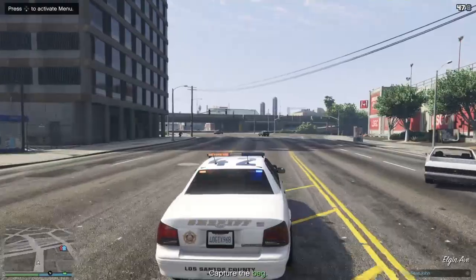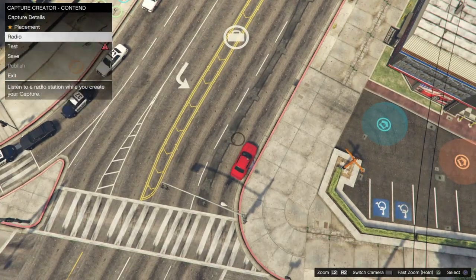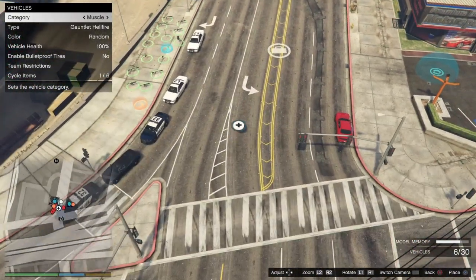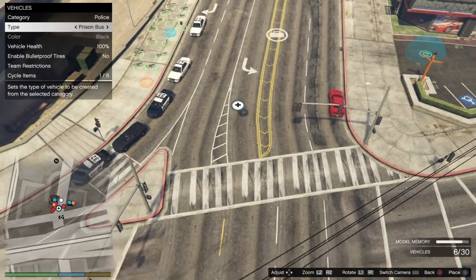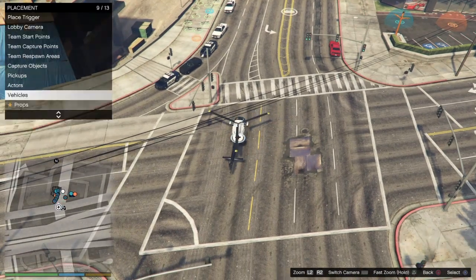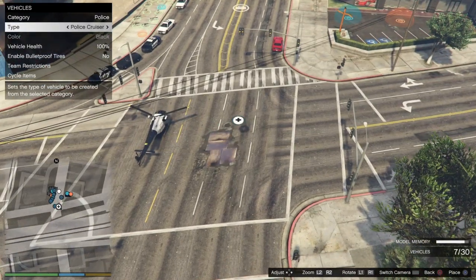I kind of gave him a too fast of a car, so we're gonna do this. I'm gonna change the vehicle because that car is freaking fast, and the cops can't even catch up. So actually, you know what? I'm gonna do them a favor. I'm gonna add some more police cars. I'm gonna show you what I mean about the helicopter. So this is totally up to you, but I would usually put one person. I don't necessarily like putting a bunch of